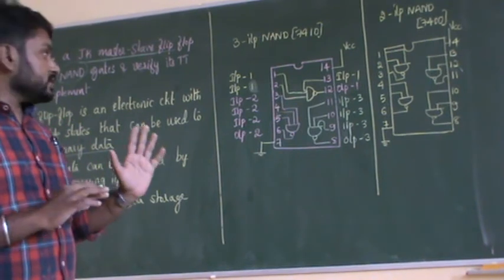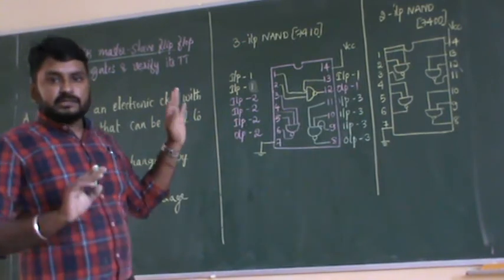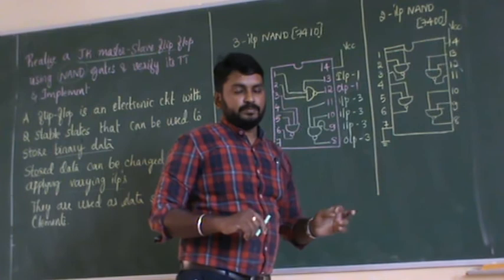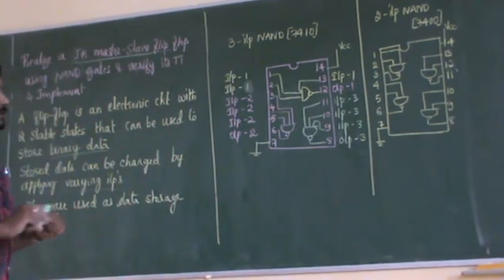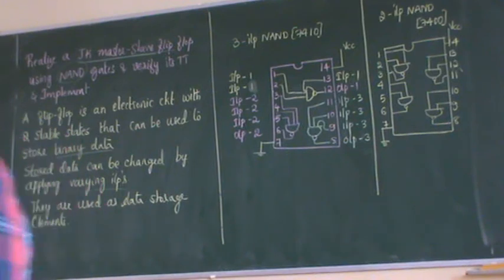But right now you just take down the circuit that I am going to write here. After writing the circuit, we will write down the pin numbers by looking into the pin configuration. Okay, fine. Please take down the pin configuration as well as the definition of the flip-flop. Then we shall write down the circuit diagram for the